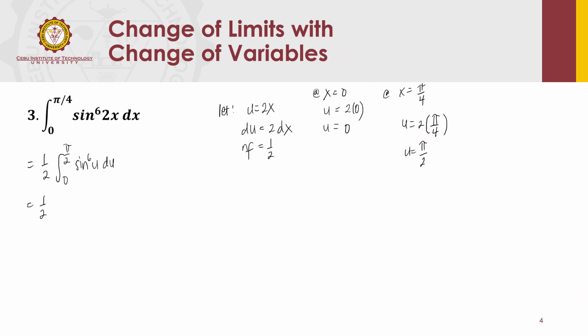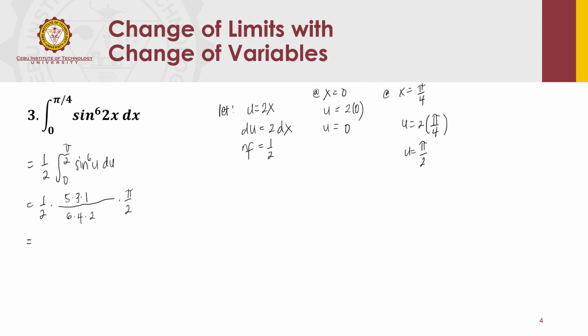So using Wallis formula, the numerator is the exponent or the power of sine minus 1. So that's 5, and then interval of 2 units after 5. So that's 3 and then 1. And for the denominator, it's the exponent of sine, or the power of sine, and then also with interval of 2 until the last number, which is 2. And since 6 is an even number, therefore the value of alpha is pi over 2. If it's odd, then alpha is equal to 1.